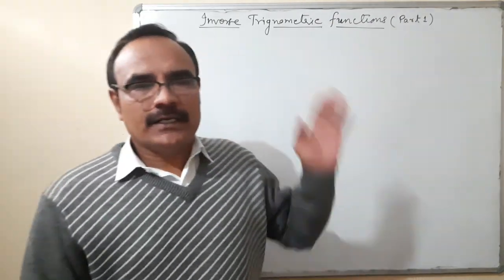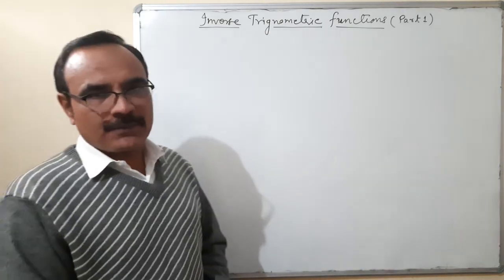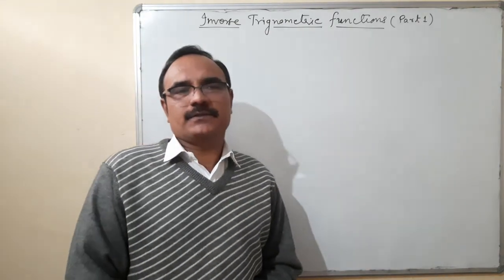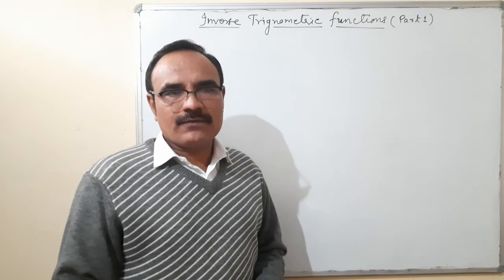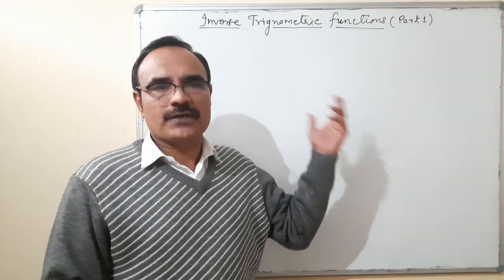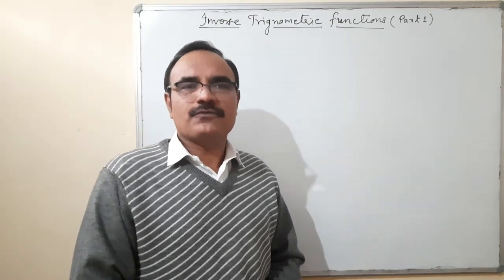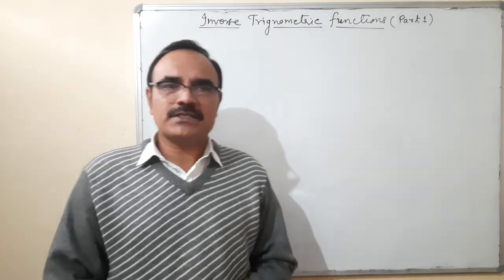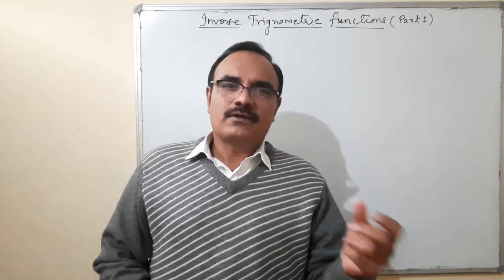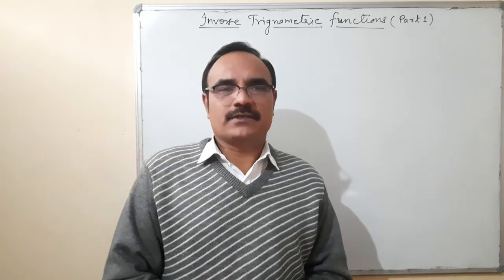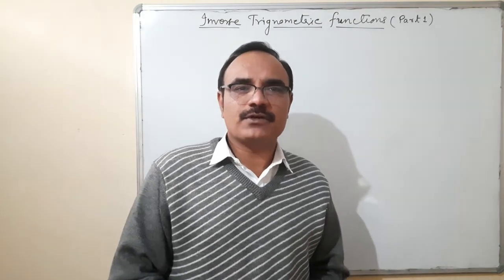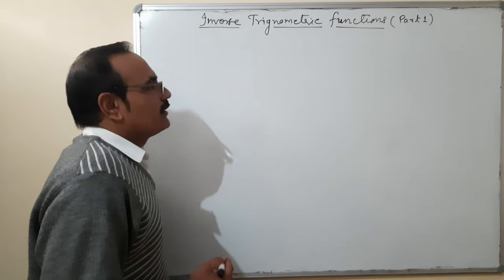Okay, let us understand the meaning of the chapter first. Inverse trigonometric function. I think you are wondering whether this chapter is related to the first chapter. Yes, it is related to the first chapter. In the first chapter, we discussed invertibility and inverse functions. So obviously it is based on a function, the trigonometric function.